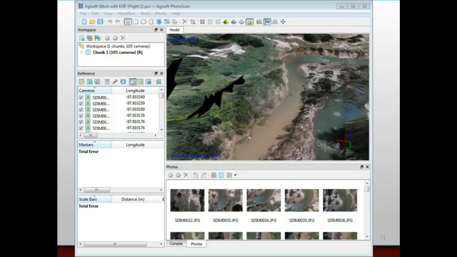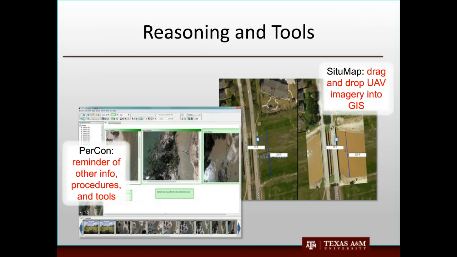And then the things like another one we like is Situ Map, where you can start dragging and dropping the UAV imagery and see what was before and after and measuring the distances on the fly without having to go through Esri. Some of these tools are very sophisticated, but they're oriented for professional geographers in the GIS